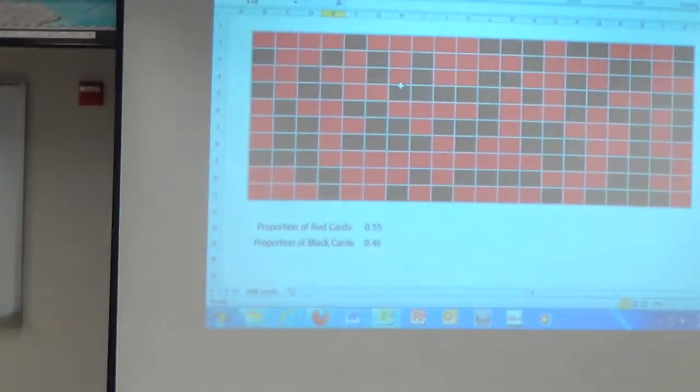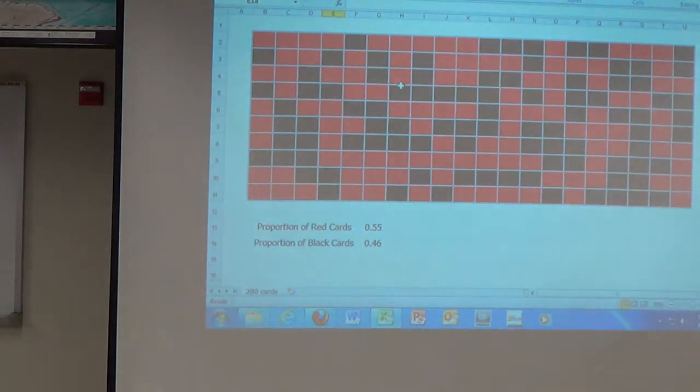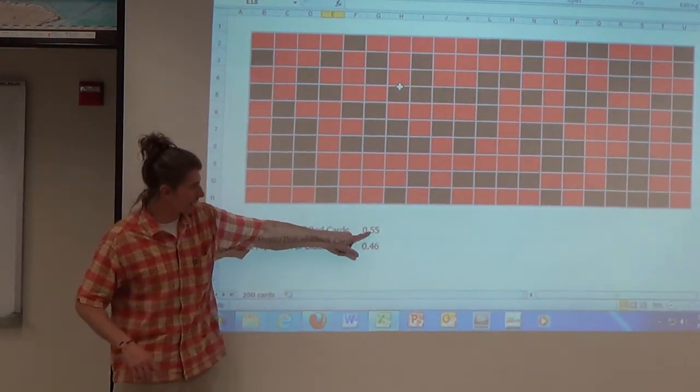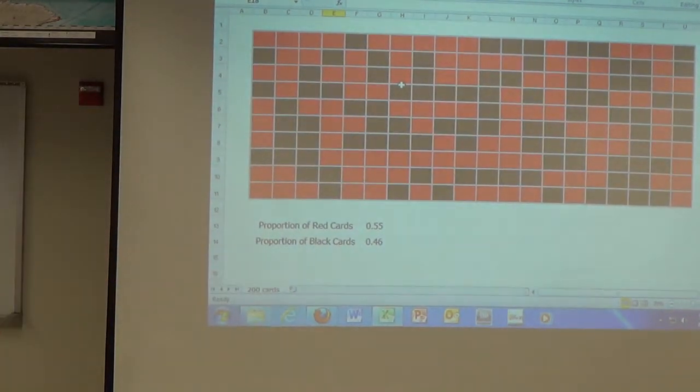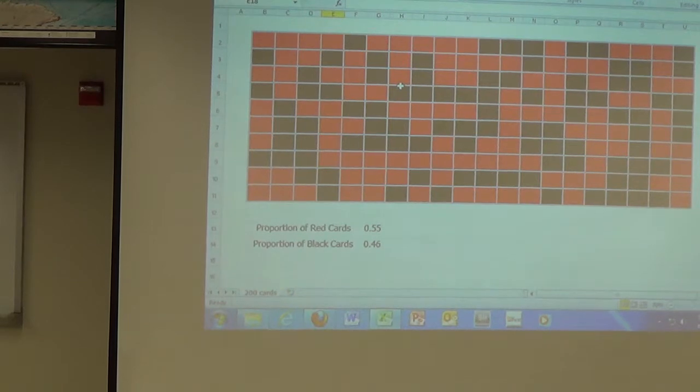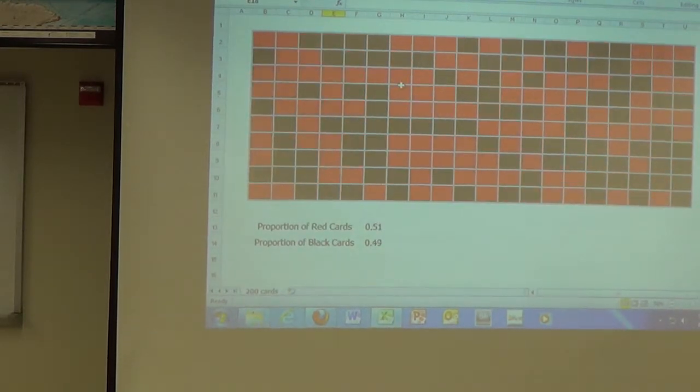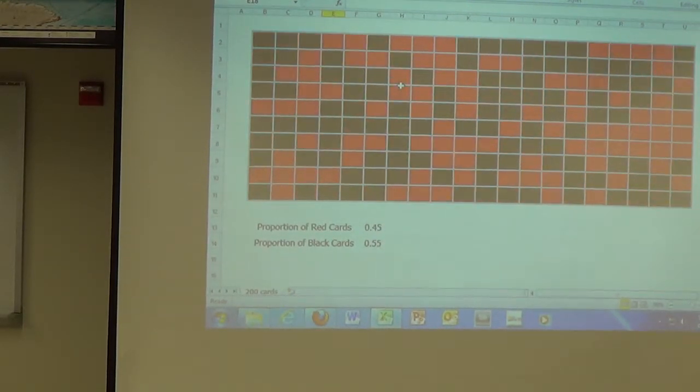So there's 200 cards drawn from a fair deck. Down here, I've kept track of the proportion of reds and blacks. There's 55% red, 46% black. I know it doesn't sum to 100%. It's because Excel can't count sometimes. All right? So here's 200 more. Here's 200 more. Here's 200 more. Here's 200 more. Here's 200 more. The reason I'm showing you this is